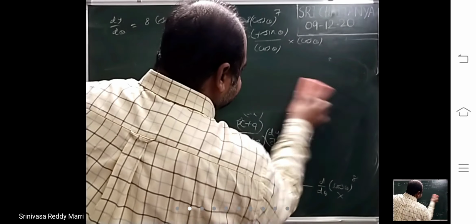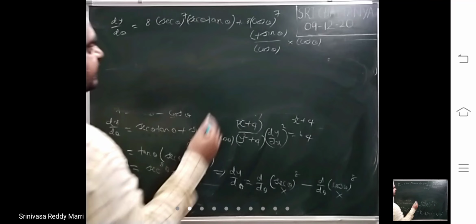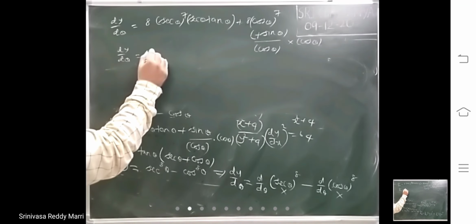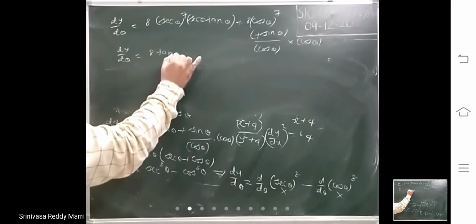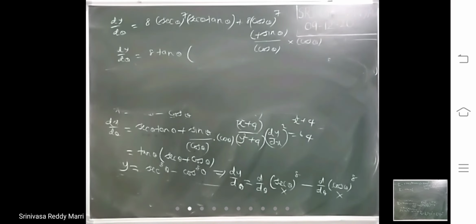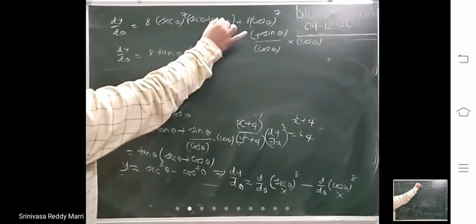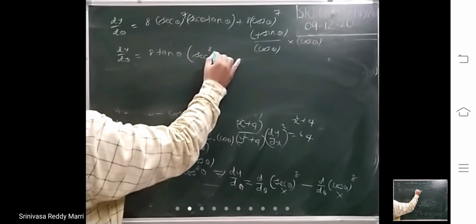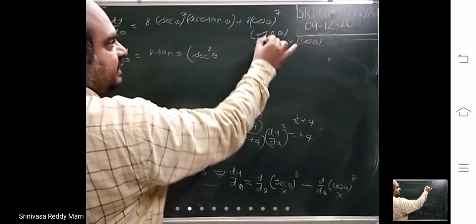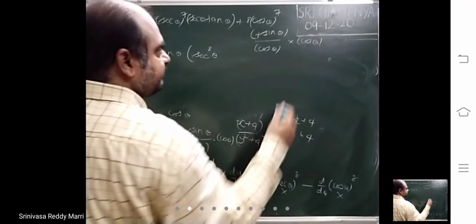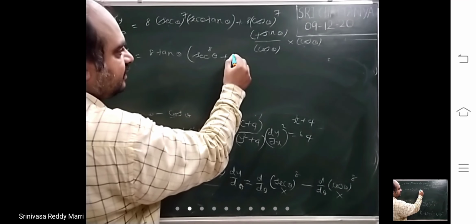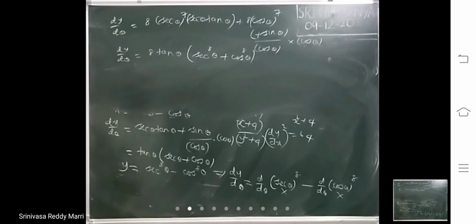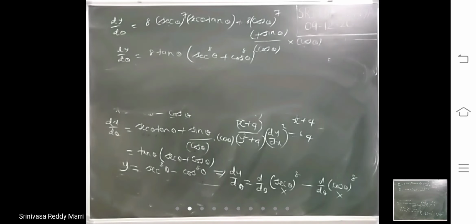Right? So now from this and this I want to take 8 tan theta common. 8 tan theta, secant to the power 8 theta, so this is secant power 8, 8 power 7 power 1. 8 also I have taken common. That means you get cos power 8 theta. Dy by d theta, the simplified version is this.